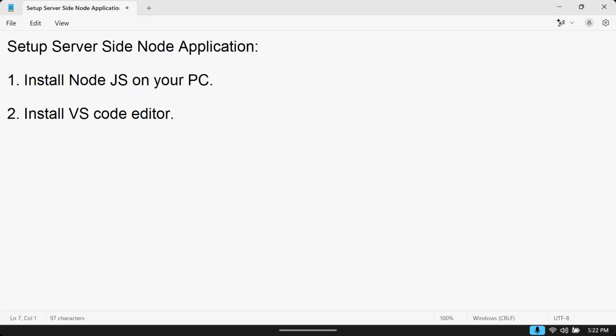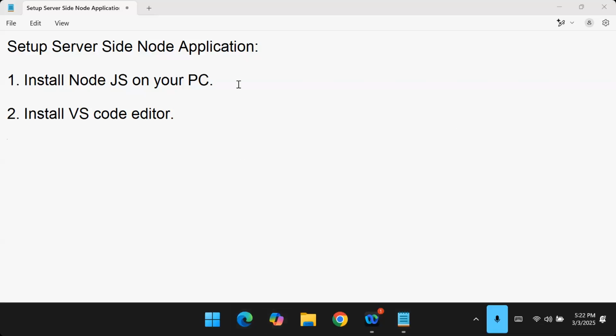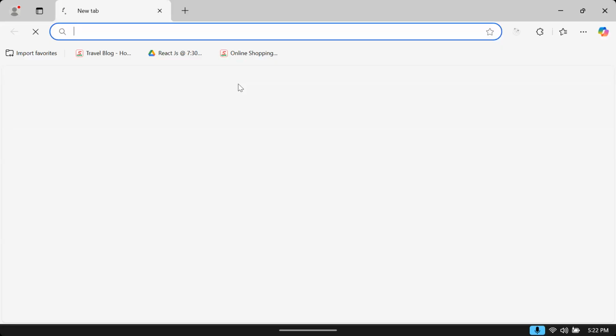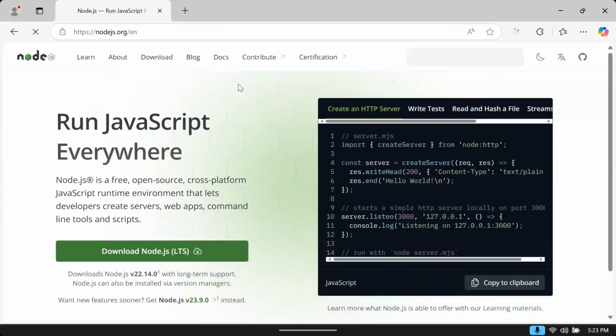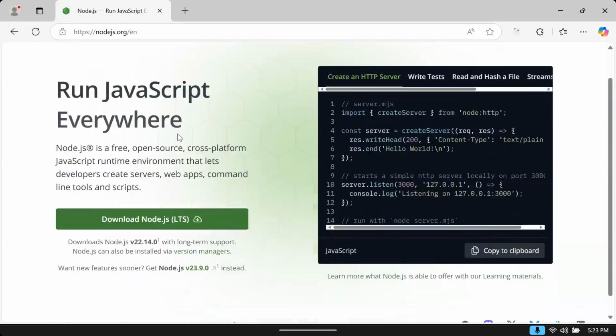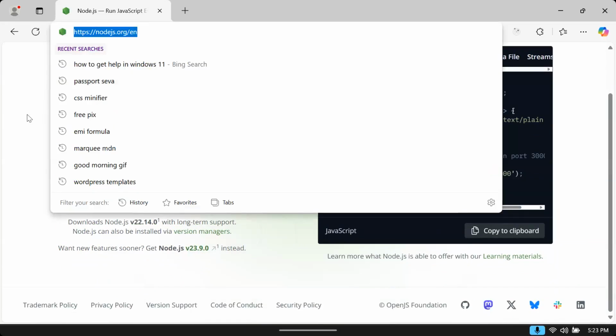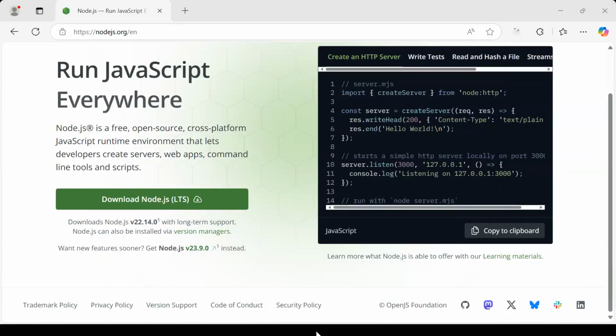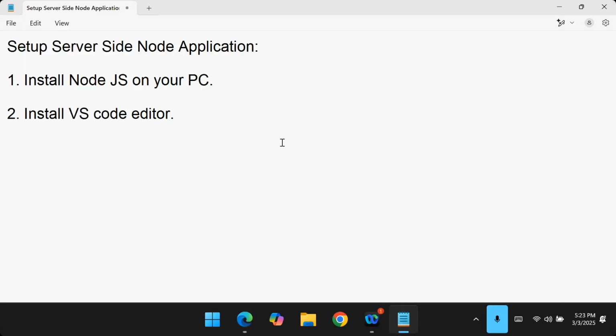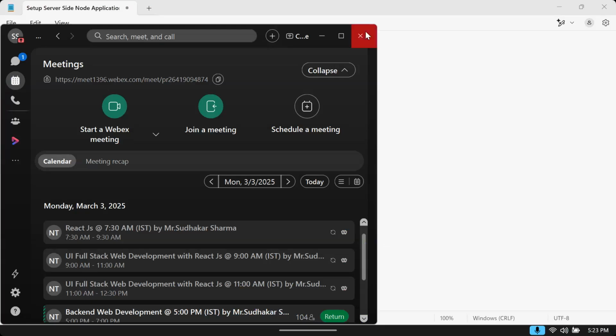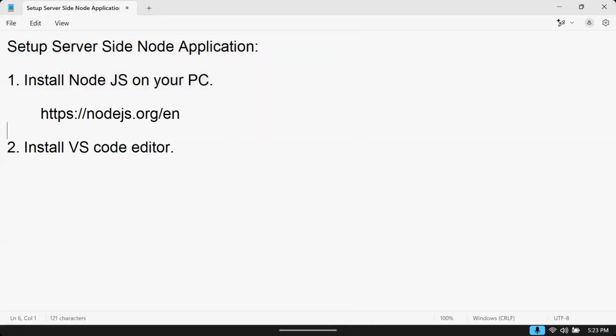Okay, once you install Node.js and VS Code, Node.js is here. This is nodejs.org, the official Node.js website. You can install Node.js by downloading it from here, right? I will copy this, this is the URL actually. VS Code editor you already have. And once you install this,